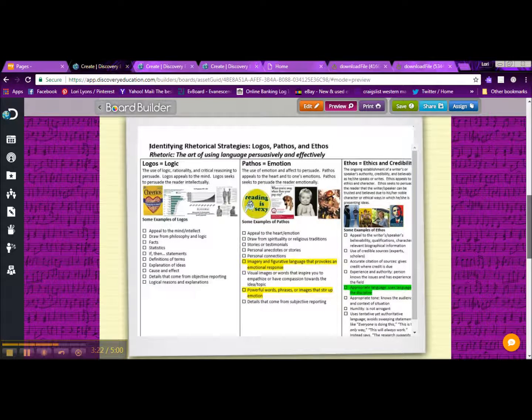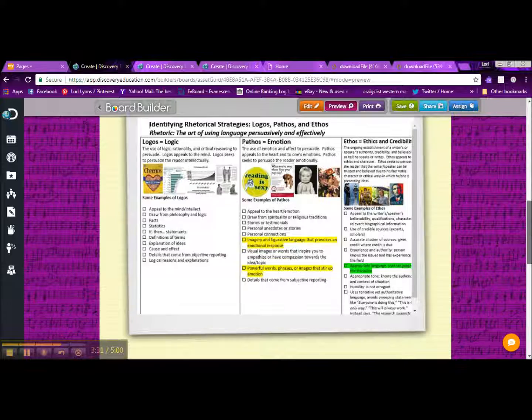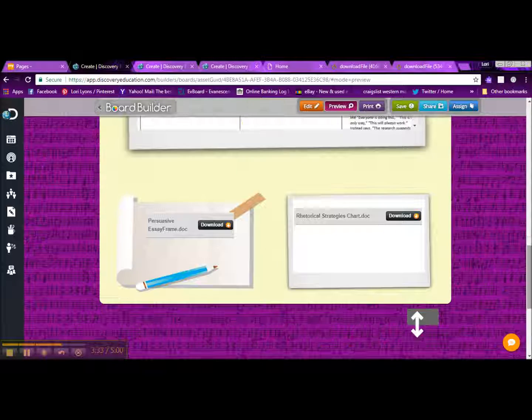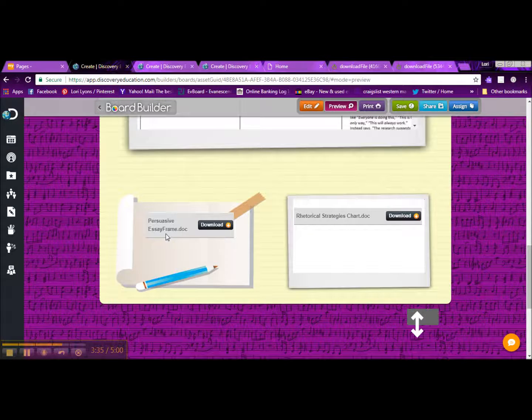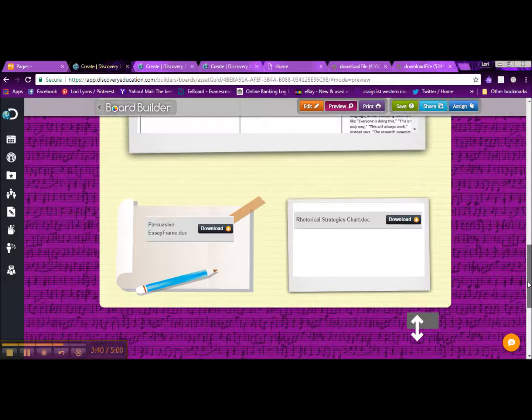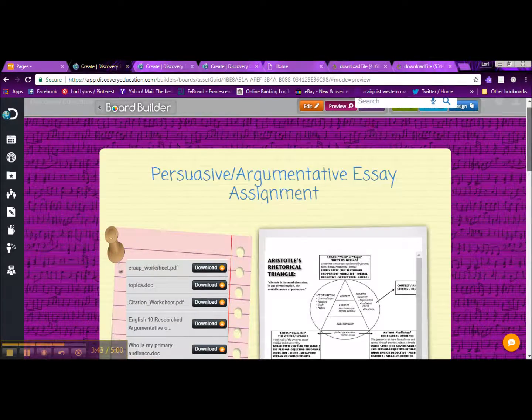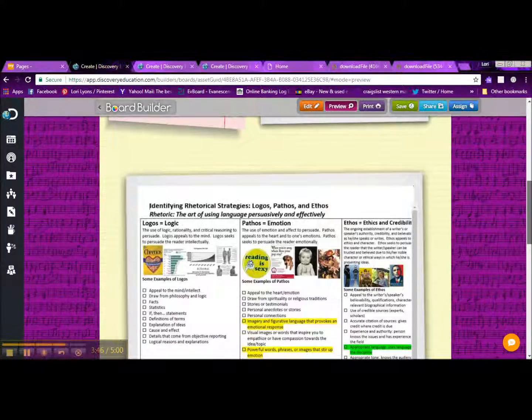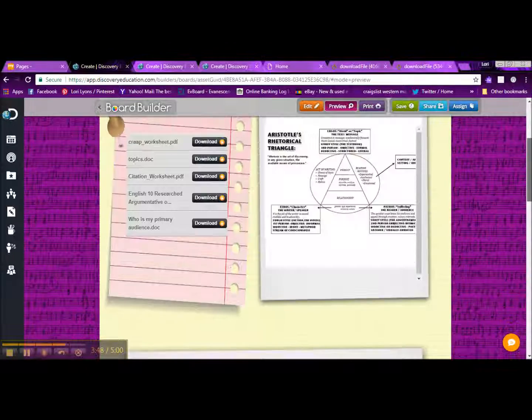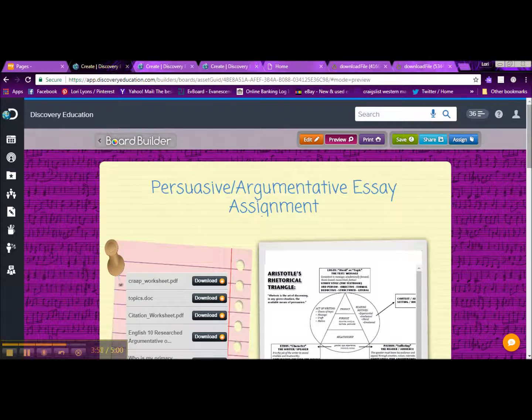This is an infographic that I had. It was a handout in class that talks about the different aspects of rhetoric and the 3 different parts of the rhetorical triangle and what they look like. I have an essay frame so that they can fill out their graphic organizer, etc., etc. So everything that they would need for this assignment is in one place, and it's presented in a nice graphic. And so this is just, you know, one way that you can actually jazz up assignments, make them more interactive,